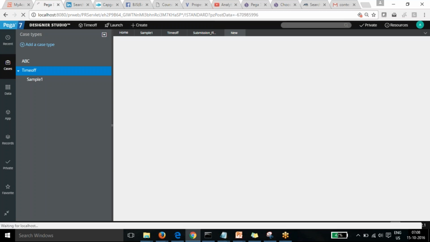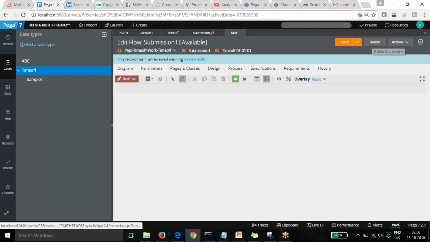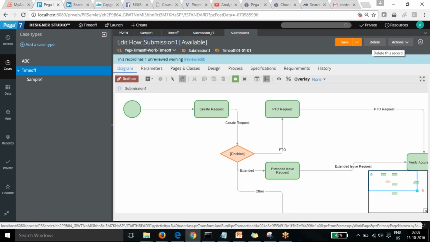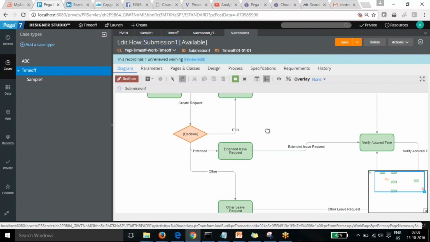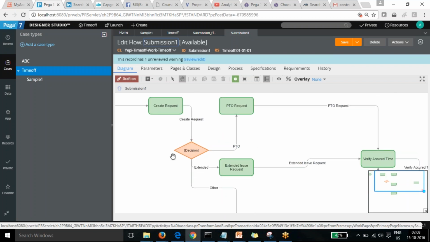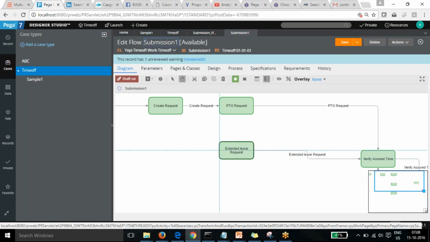I think I should do this after discussing the data model, but I'm showing you that one before the data model. So I'm removing this one, and I'm connecting as it was before. I don't need this one, and I don't need all that which is coming out from the decision. So I have that one, and from there I can connect.